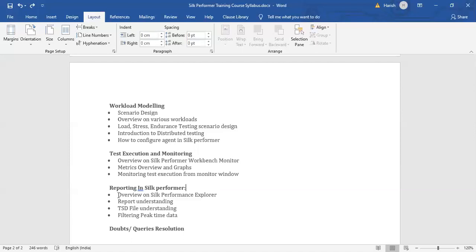We'll also show you how you can filter the data from the TSD file in order to get the data for a required time period.